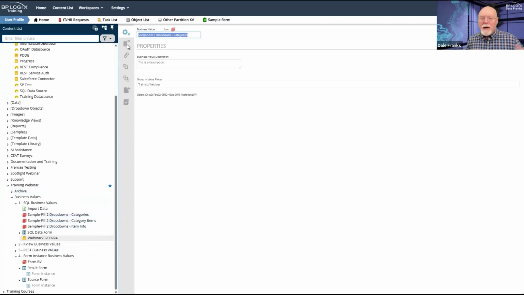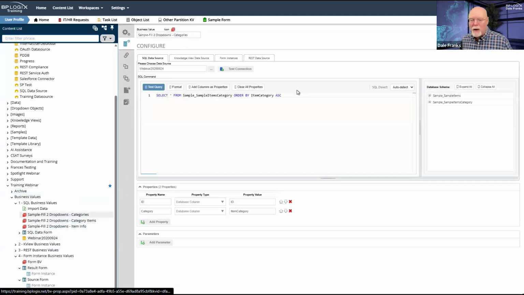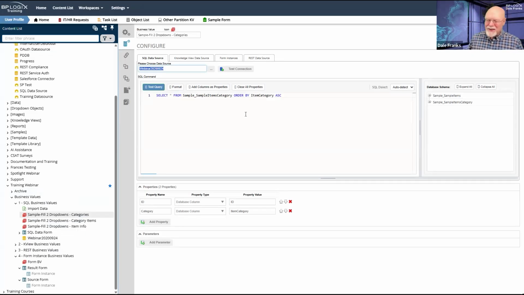The first one is my fill categories dropdown. We were here just a minute ago, and I obviously have to have my data source and it has to be set up right. That long side track is over. I also have to have a SQL statement that grabs the data for me. Prior to version 6.1, I think 5 something, maybe it was a 3 something, I don't remember, but it's a very recent version of Process Director.